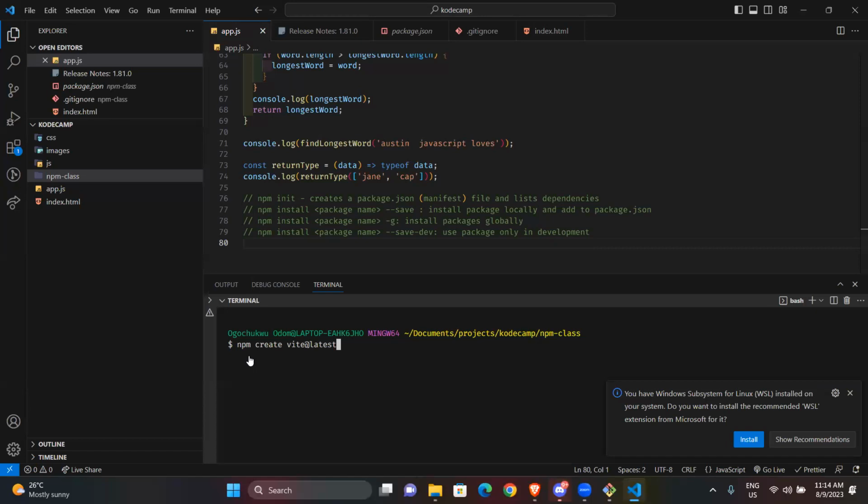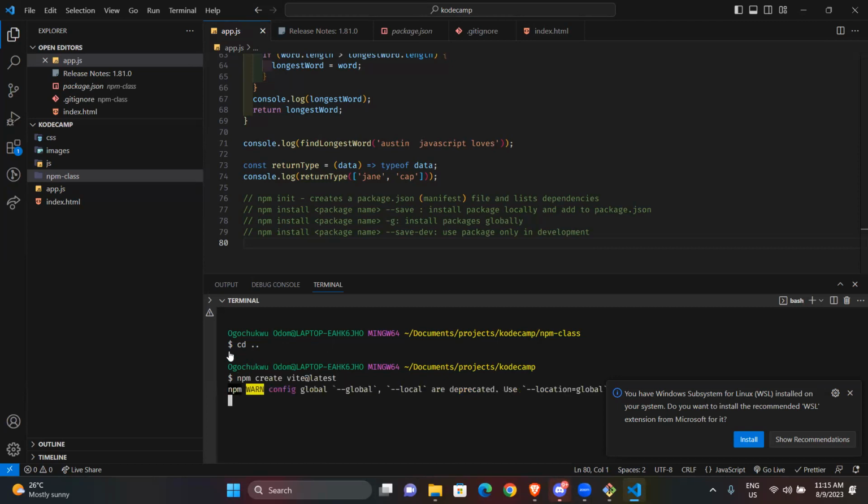Normally, I like doing it outside, but let me just do it inside here. I'm in the npm class folder, and I don't want to do it there. I have a KodeCamp folder, so I'll just do cd .. to go out of this folder. I'm in KodeCamp now, so I'll just do npm create vite@latest. Let me just drag this up a bit.